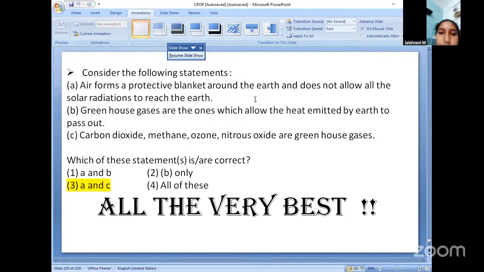So regarding the question answers of your book, have your book with you? Yes, ma'am, I have the book with me. Okay. Have you gone through these question answers? No, ma'am. I didn't go through this chapter's question answers. So let us discuss. Do you want me to discuss these question answers? Ma'am, can I try myself, and if I have doubt, I'll reach out. Yeah, sure. So go through the question answers. If you have any doubt, you can reach out.